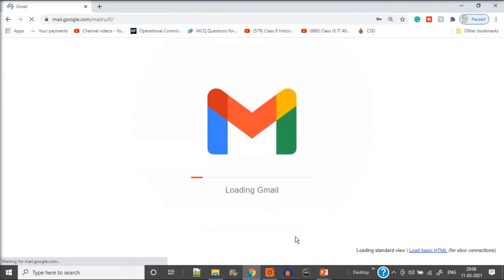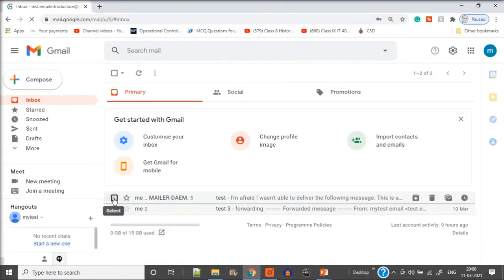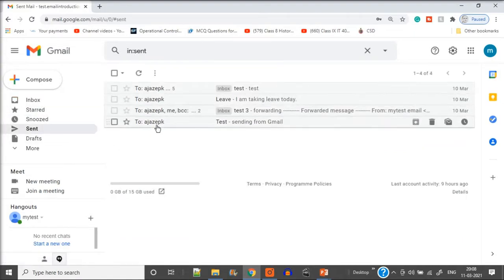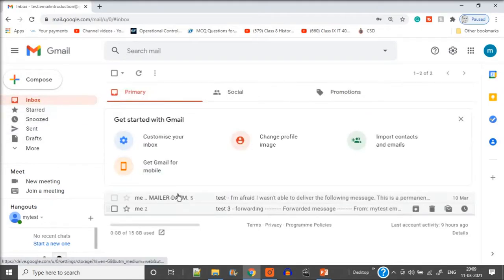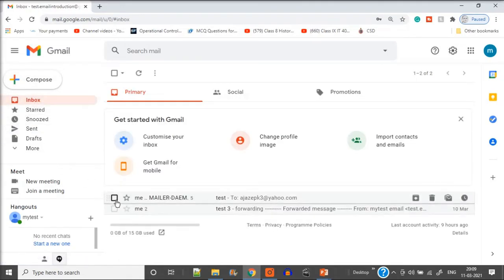So now this emailing service will have all these. This is the window. These are the emails I've already tried, so I just want to delete them so that we start from scratch. In inbox, those mails which have come to me. Sent are all those mails which I have sent to other people. Inbox, emails which have come to me.